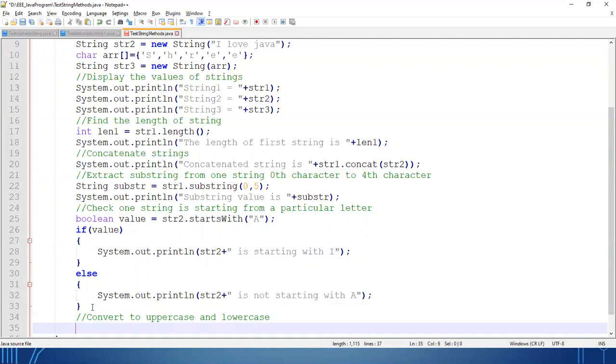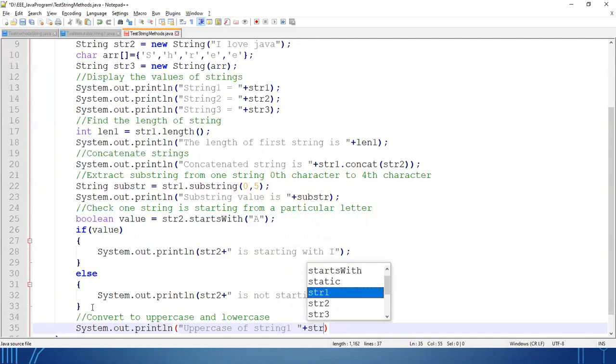Okay. So suppose directly I want to write system dot out dot println, uppercase of string 1. What I'll write now, the string object name dot toUpperCase, with capital U and capital C. Okay, and I'll put the bracket over here.